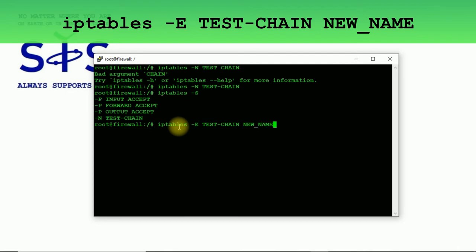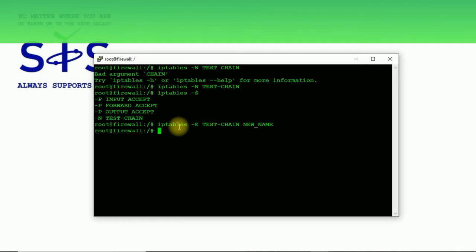For example, new name. After hitting enter, and next using capital S option, you will see the name was changed.